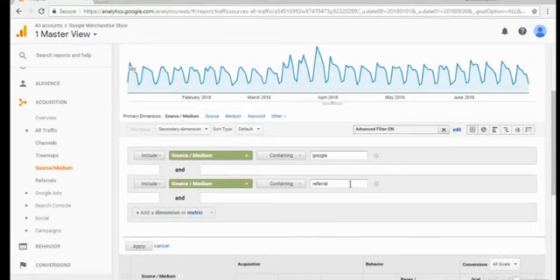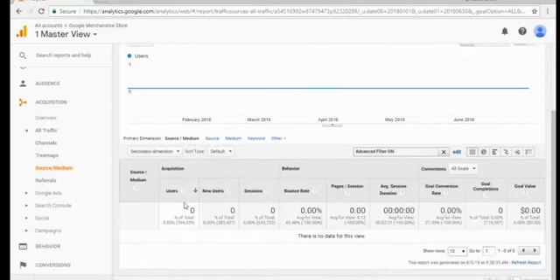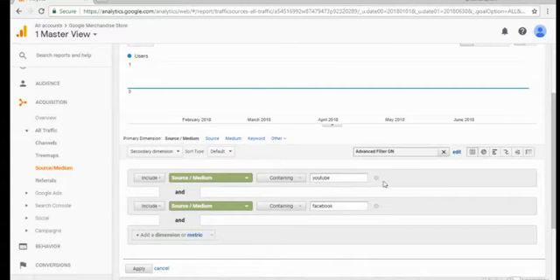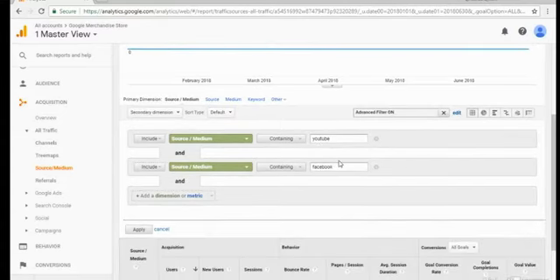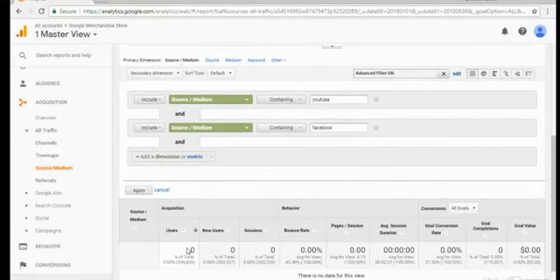So for example, let's say that I wanted to include traffic from YouTube and from Facebook. Now, although I said and, what I really should have said was or. YouTube or Facebook, because it's actually impossible to have traffic from YouTube and from Facebook here. And so, of course, we get 0 down here. I don't have an option for an or, but if I clear